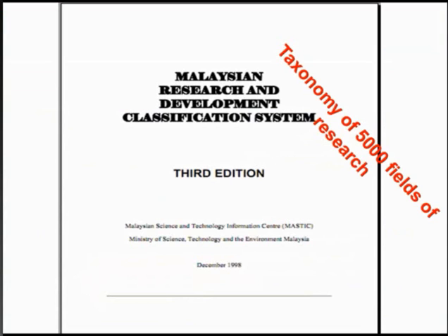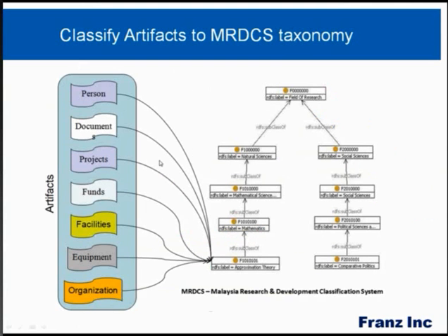So actually, almost every country in the world already has a taxonomy of all the concepts. In the US, we have the Library of Congress. But every country has these kind of taxonomy systems to classify the documents that get produced in your country. And so what we would do is we spend a lot of time to find every person in Malaysia that was somehow related to science, every document produced, and so